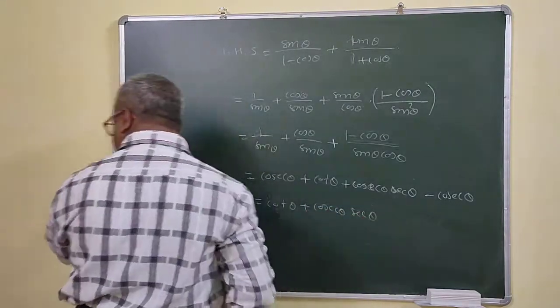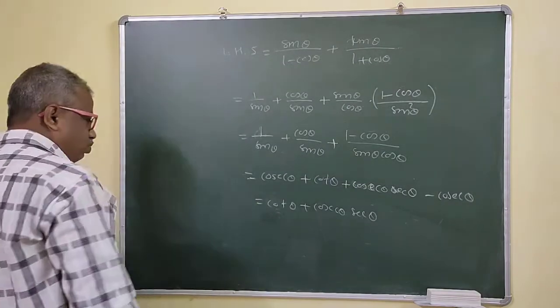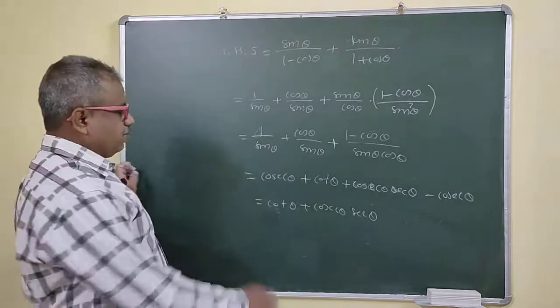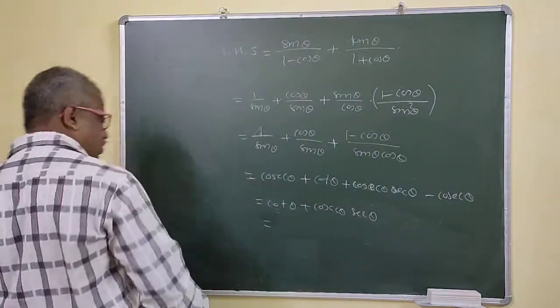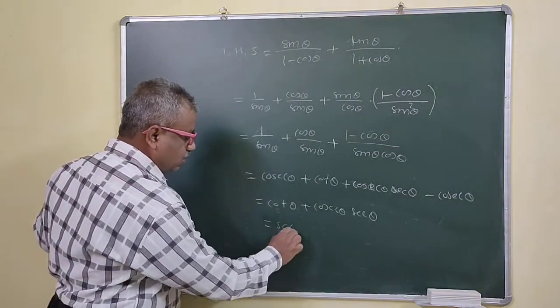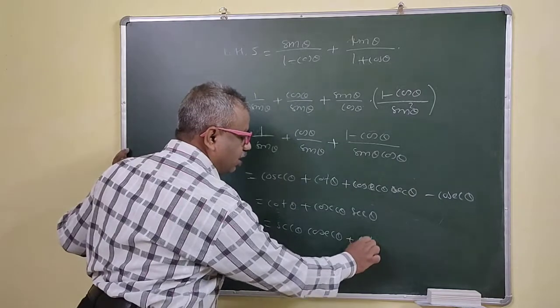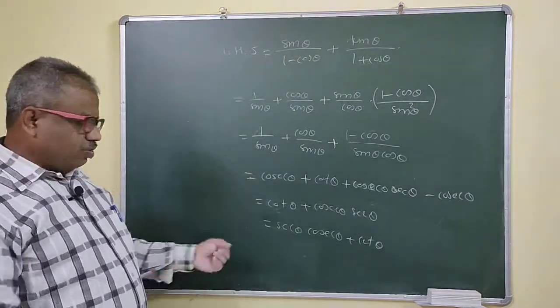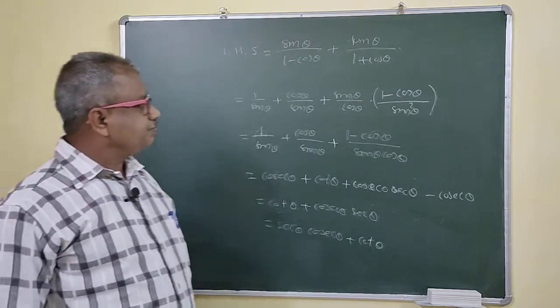And what do you want to prove? Yes, we want to prove this one, right? So only the terms are interchanged, right? You may write this as they want now. They want sec theta first. So we write sec theta cosec theta plus cot theta, right? Because the product is commutative. So you may write this one, right? So only our terms are interchanged. Doesn't matter.